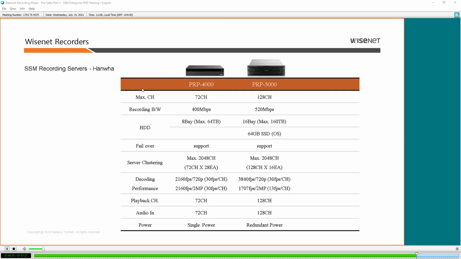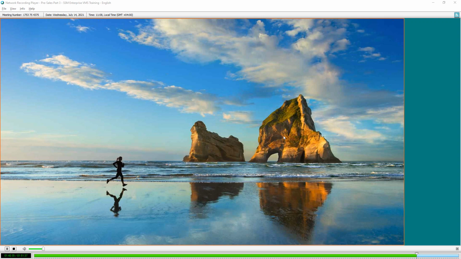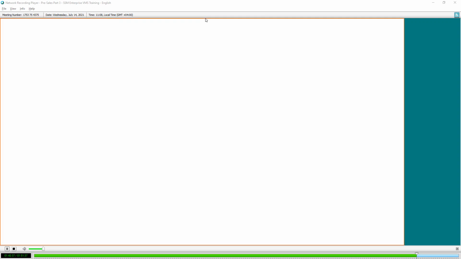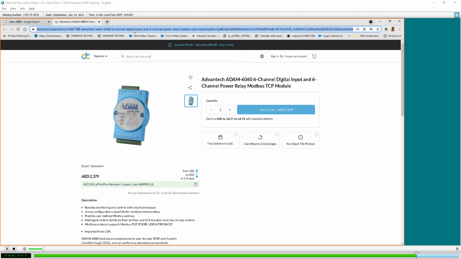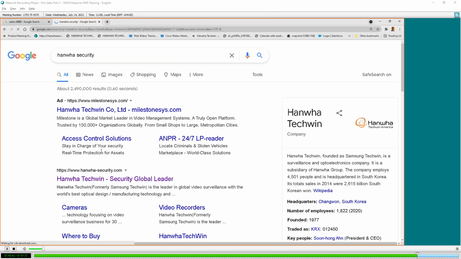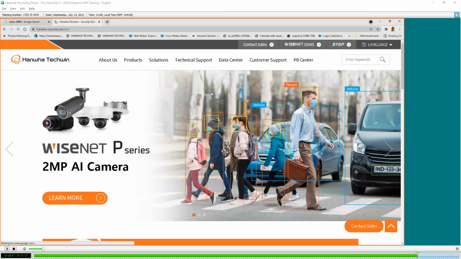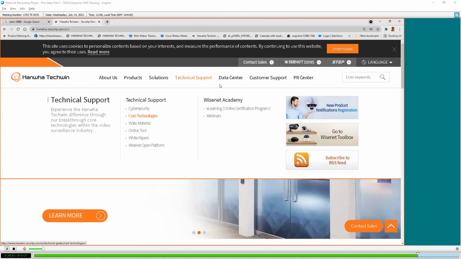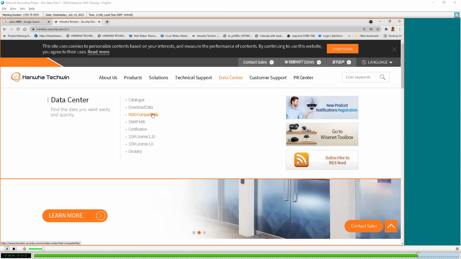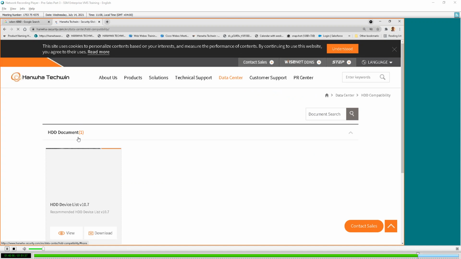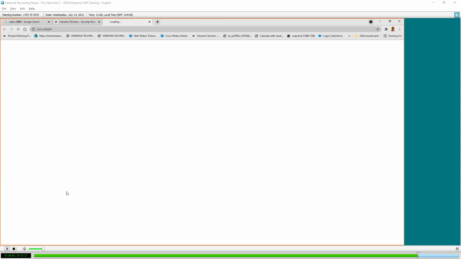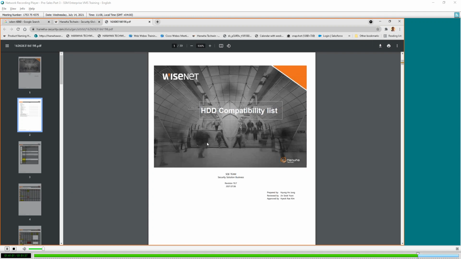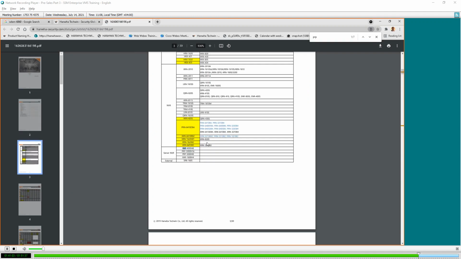All right. Now, the PRP, just like NVRs, we are not supplying hard disk. We are only mentioning what hard disk you can use. So for that, go to Hanwha Security, go to the main page, click on Data Center and Compatibility. Just put your mouse on Data Center, Compatibility. Select View, then PRP.